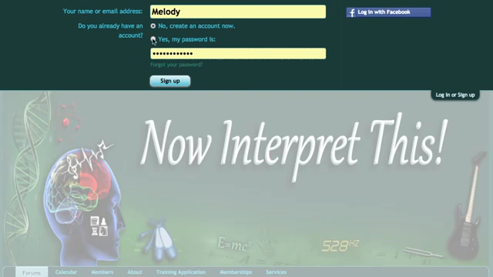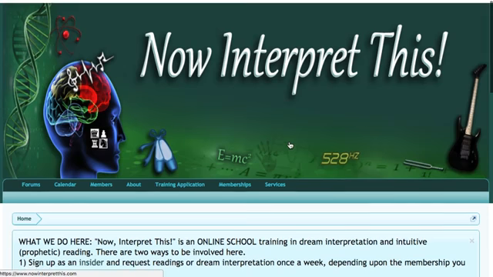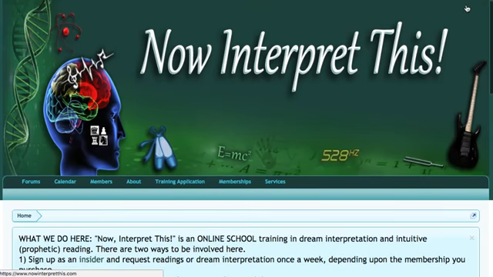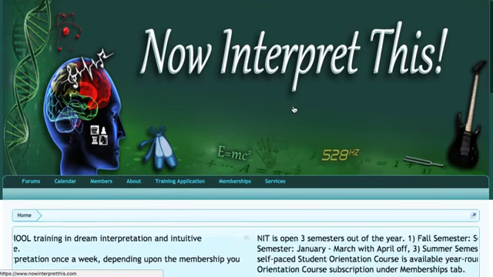All right, but I already have my username and my password set up. So I'm going to say now log in. Remember, you're going to do the no, create an account now. You're going to fill out the form that comes up, and then you're going to hit save. And then you need to remember your password. Then it will allow you to log in. There we are.